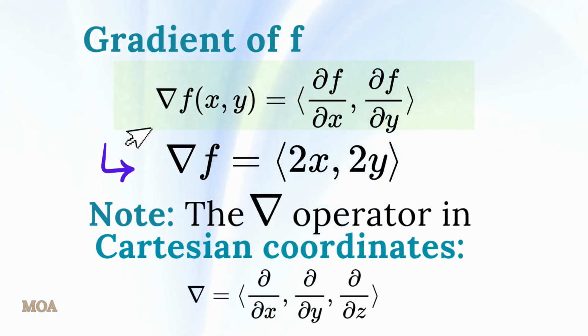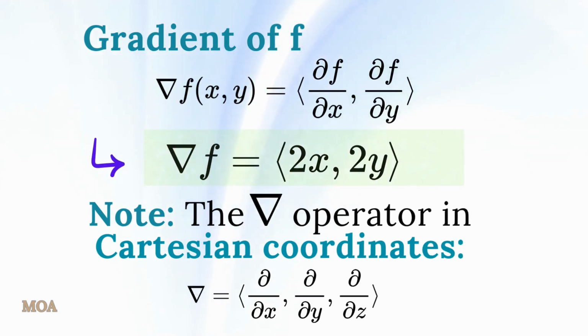Now, using the previous partial derivatives, we define the gradient vector written with a symbol resembling an inverted triangle, called nabla or del, or sometimes given as grad f, placed before the function name. The gradient of f equals the vector with the partial derivative with respect to x as the first component, and the partial derivative with respect to y as the second component. Using the previous results, this leads to the gradient of the function f equals the vector with components 2x and